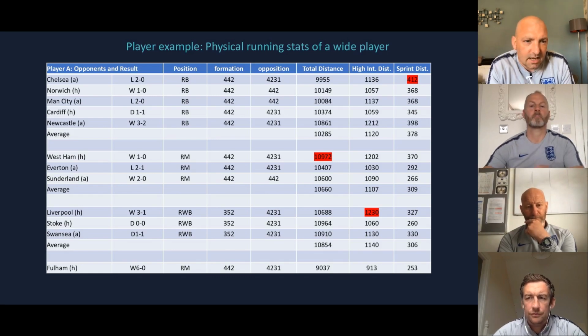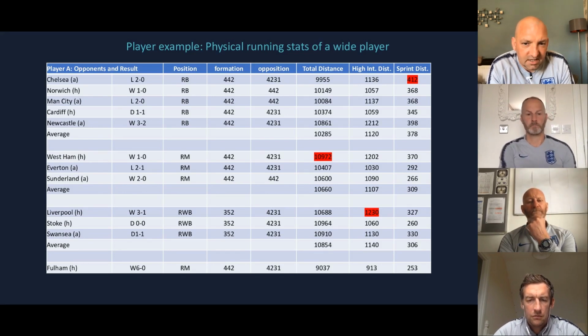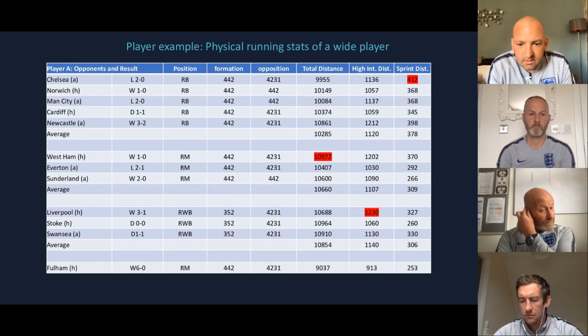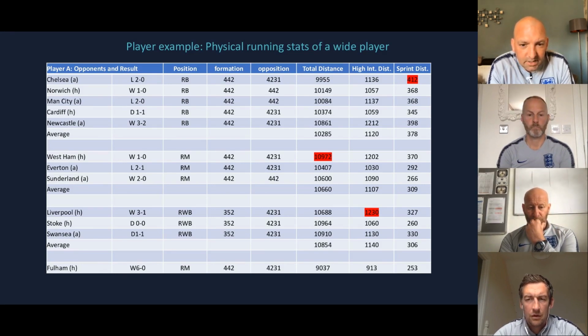And sometimes, because of the opposition that they're playing against, and potentially the direct opponent, or the tactics and strategies that the opposition employ, sometimes they have to sprint more and do more of that kind of high intensity, anaerobically demanding stuff, and you don't know when that's going to come. I've highlighted in red for this player that in 3 different games across this little part of the season, this